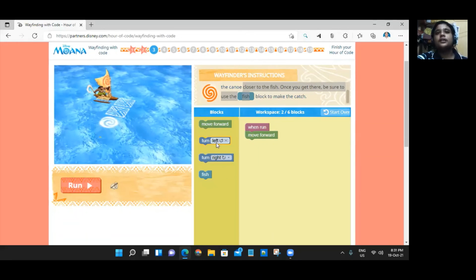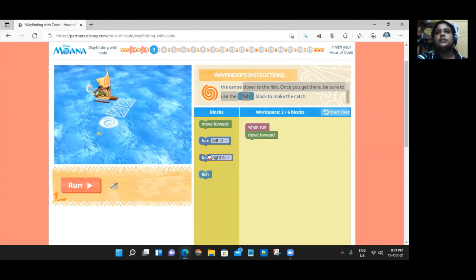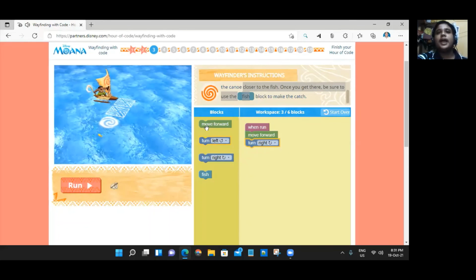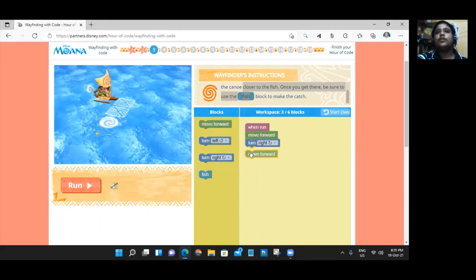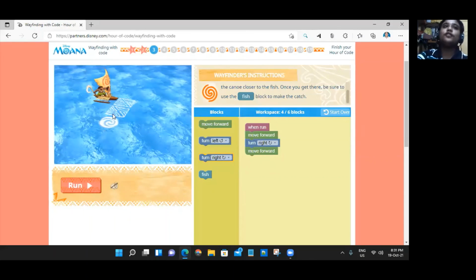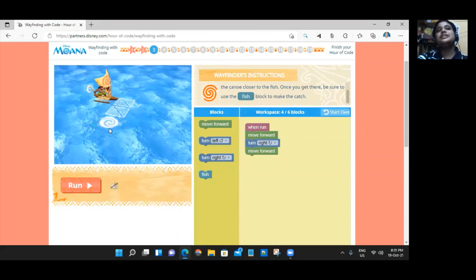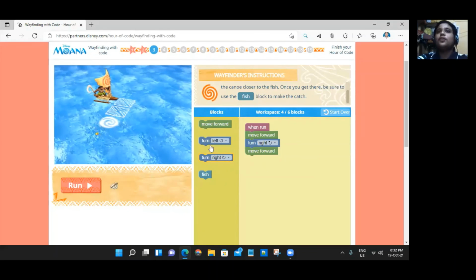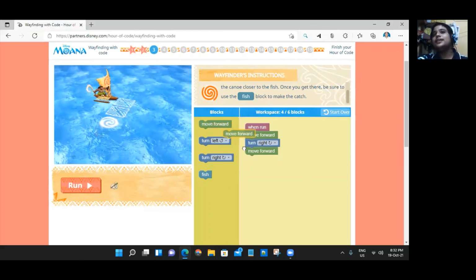So I use these blocks for turn right and one move forward. Then use one more move forward for this block to this area, and after that you use this block. So I use another move forward.